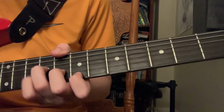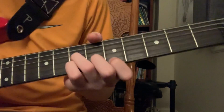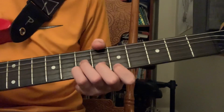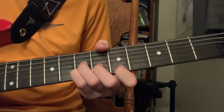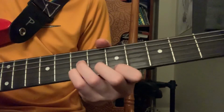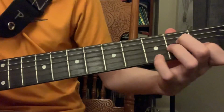And you want to play that once. And then you're going to go down 2 frets. And you're going to want to add your pinky finger to the B string. And after you've done that first one, you're going to want to go down another 2, and then go back up 1. So you got this. So all together, you got